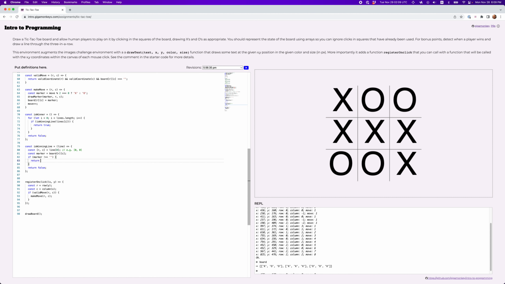So one way to look at this is to say return... This is getting a little bit hairy. If the marker equals, all right. Again, nothing super complicated what I need to do here, but I'm going to have to extract the marker from the board for a given element of the line. Basically this code again. So rather than write that code a bunch of times, I can write a helper function, marker at,